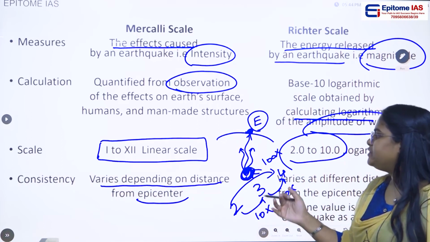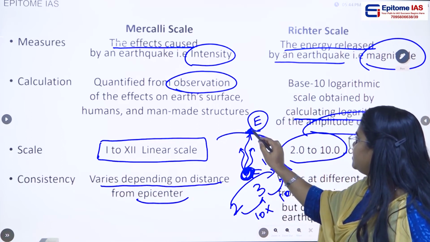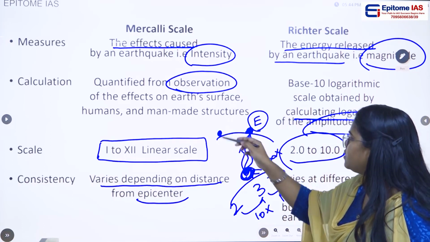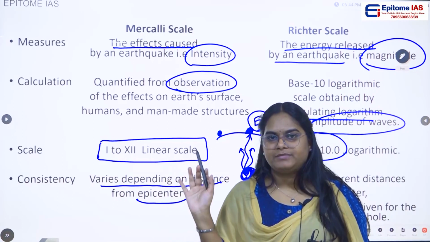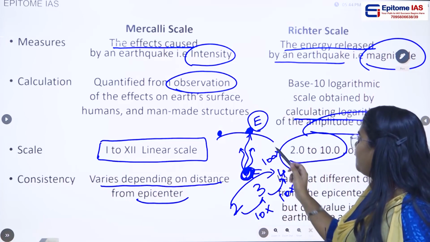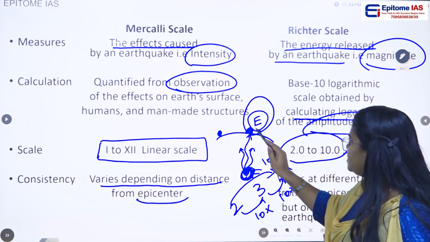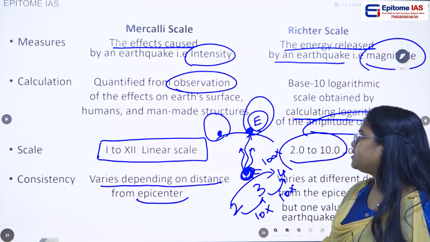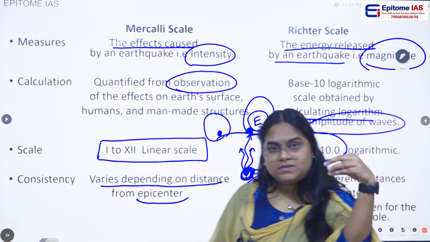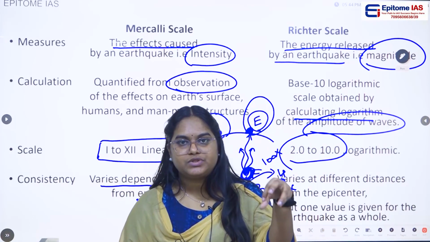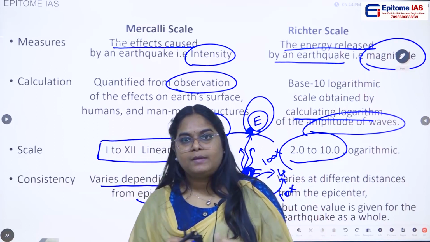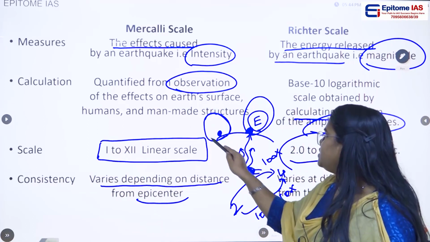So let's say this particular earthquake's epicenter is this point, and we'll take some other point which is somewhat far from the epicenter. Now if you compare the impact at the location of the epicenter and the impact at this other point, the impact or the intensity is going to be very high at the epicenter compared to the other point which is somewhat